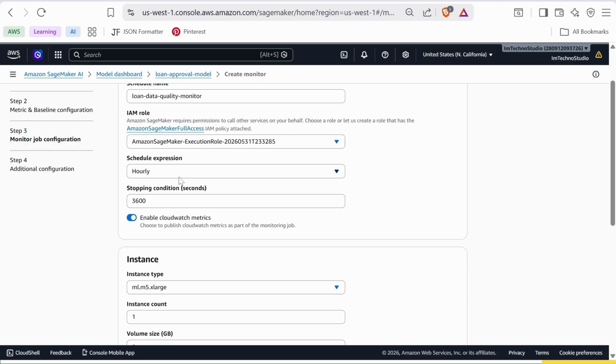Now think about what happens after a model is deployed. The endpoint may receive predictions every minute, every second, or even thousands of requests throughout the day. As these requests arrive, SageMaker can capture the incoming data and store it for monitoring purposes. Based on the schedule we configure, SageMaker periodically launches a monitoring job.